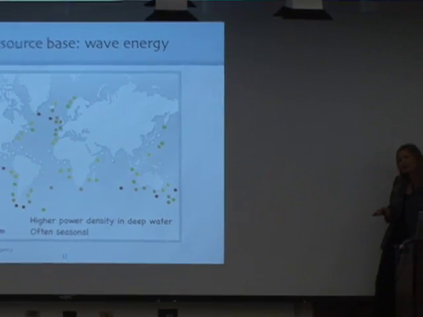Another thing, higher power density can normally be found in deeper water. So if we go 50 meters or deeper, we're generally better off. So that's one thing to remember. So if you really want to tap into the waves, you go offshore quite a while. And the other thing to remember is that waves are very seasonal. For example, at the West Coast, we have very little wave energy in the summertime, but pretty good wave energy in the wintertime. So this is some sort of predictable intermittency that we have to think about when we're designing wave energy resources. Tidal energy, the distribution is actually quite similar.